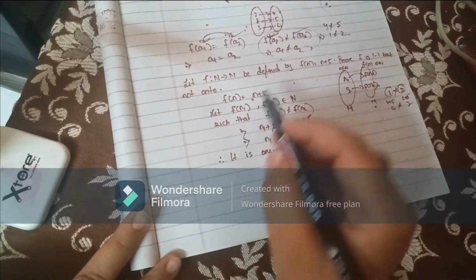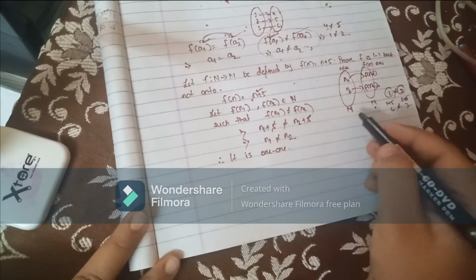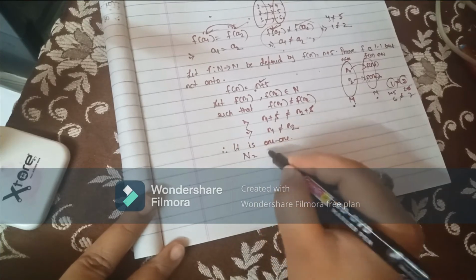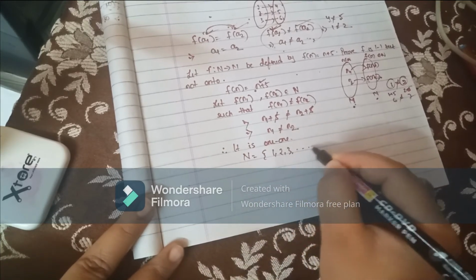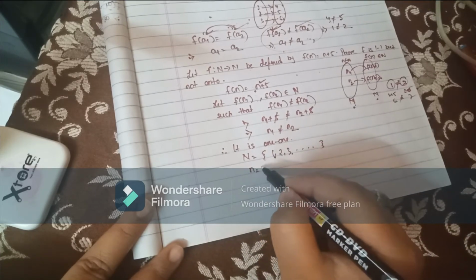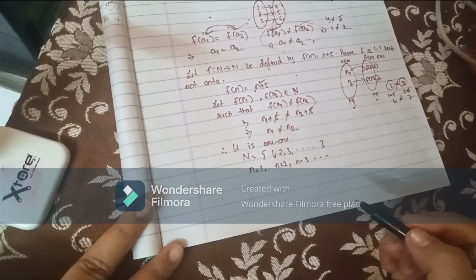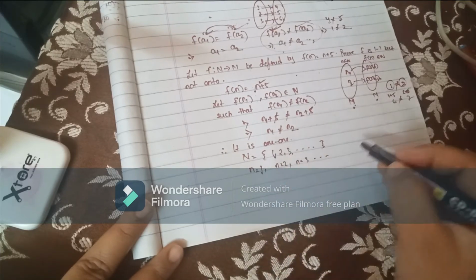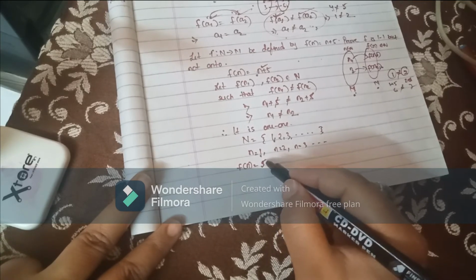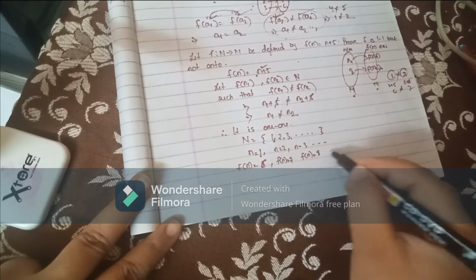Onto means what? The range must be equal to the set N. Now consider this n plus 5. This capital N means natural numbers, and we know that N is equal to 1, 2, 3, up to infinity. That means it starts from 1. So if we are taking small n, it will start from either n equals 1, or n equals 2, or n equals 3, like this. Now just put it in: f of n will be 6, here f of n will be 7, here f of n will be 8, and so on.